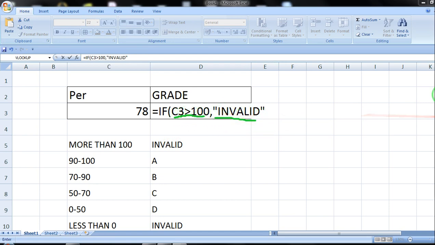If this condition is wrong, then I can put a comma over here, and then I can continue with another IF.